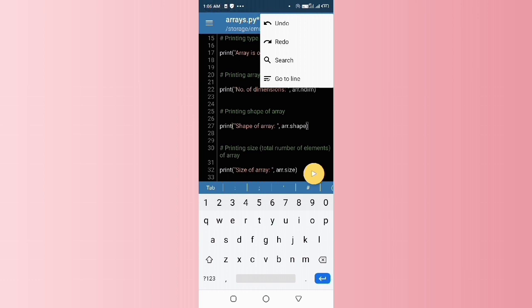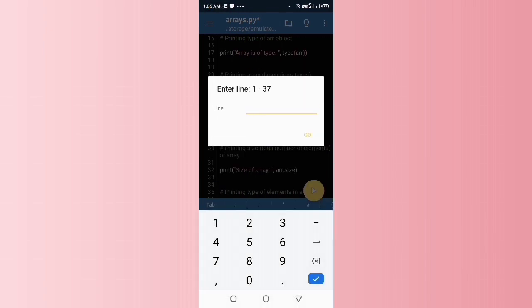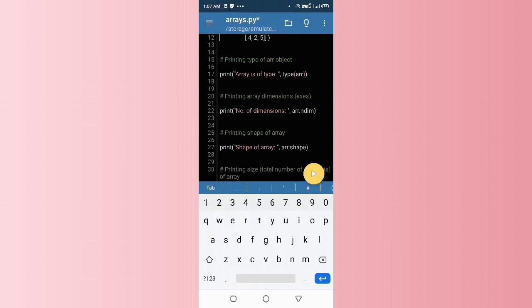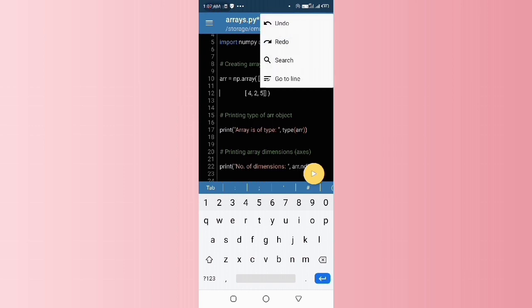Now just go to line. We'll check this option. What is this option? Go to line. I'll randomly give some number. I want to go to line number 12 here. Just go. You can see here, friends, your cursor is at number 12. It's nice, friends. All these functions are available and they work quite nicely.